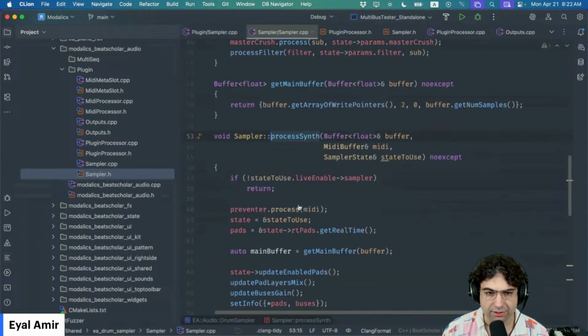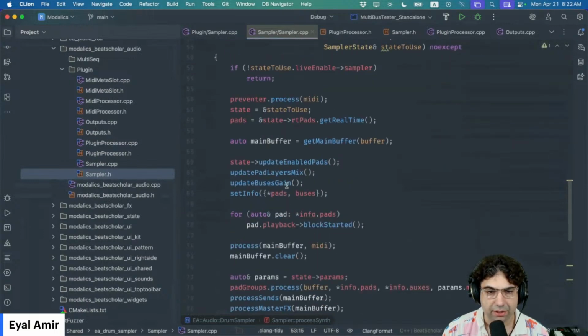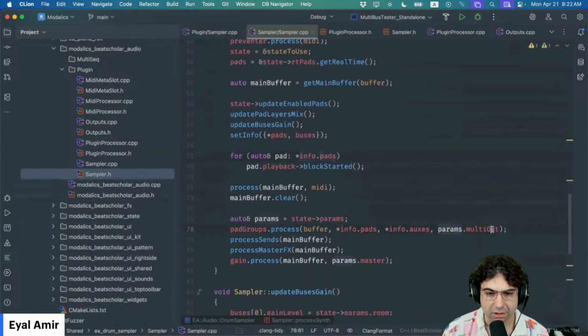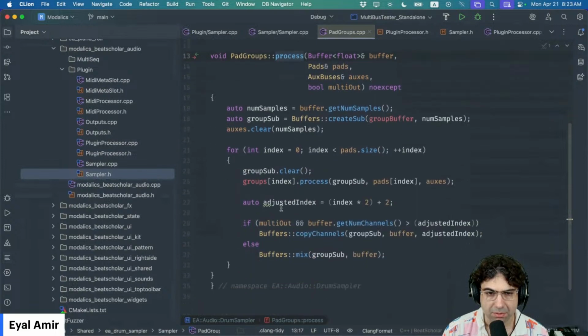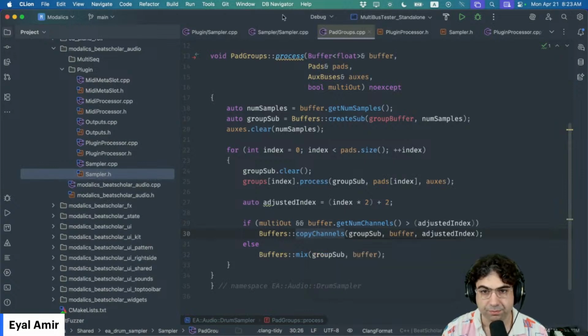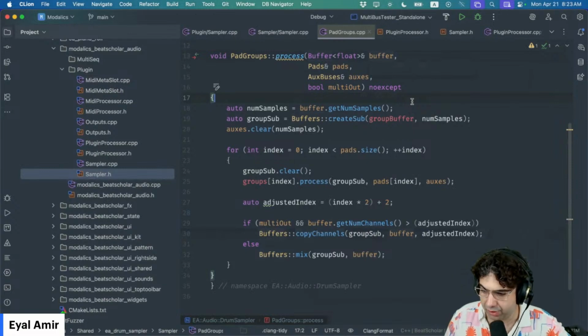Sampler process synth. Here we go. So this pad groups process, blah, blah. This is the interesting part. So what this currently does is this thing called pad groups, this thing tries to figure out